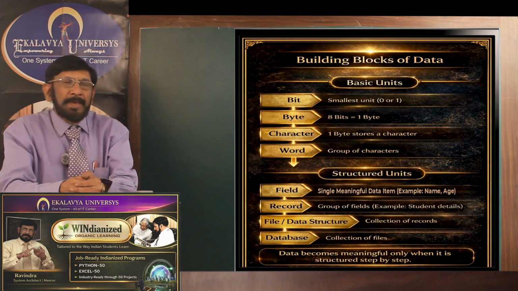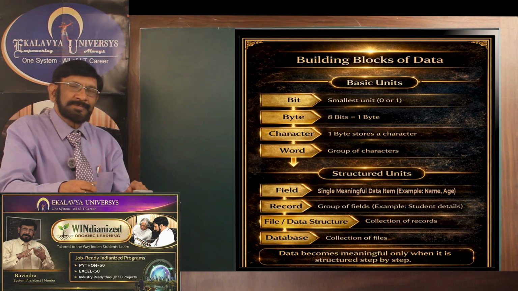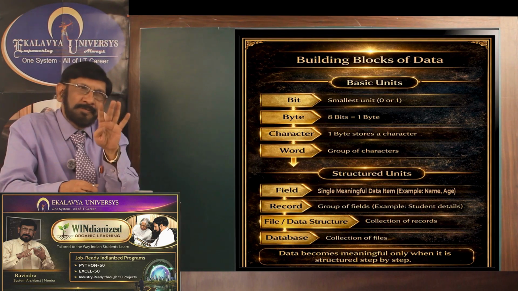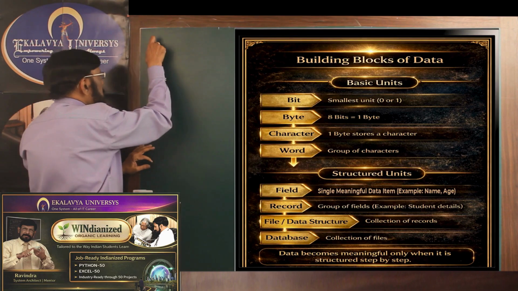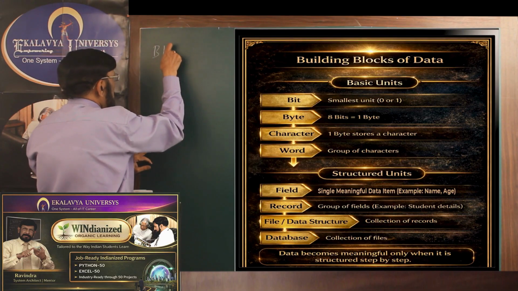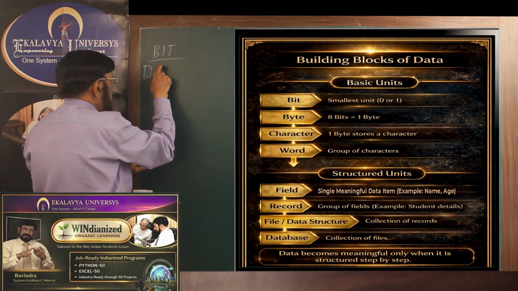Now I explain the building blocks of data. This is divided into two groups: basic units and structured units. In the basic units, there are 4 elements: bit, byte, character, and word. First, let us start with bit, B-I-T. Actually, the full form of this is binary